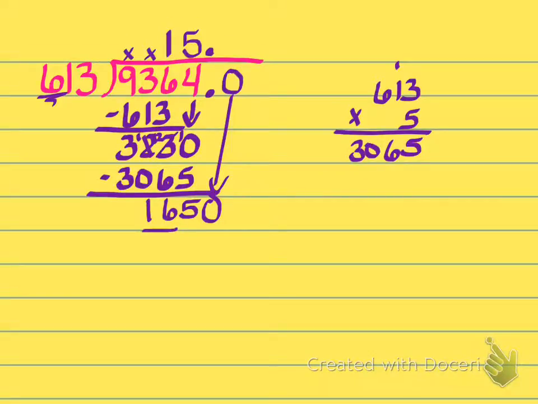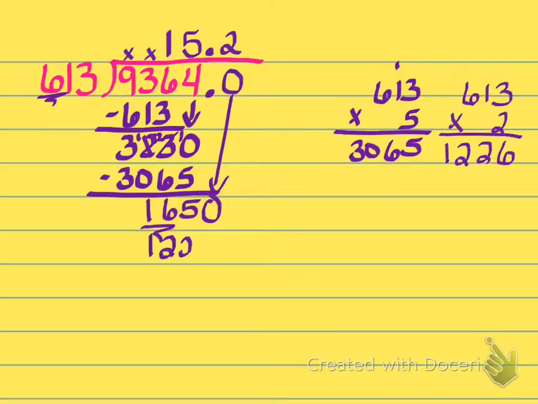Well, I know 6 times 2 gives me 12, so I'm probably going to start with 1,650, or I'm going to start with 613 times 2 and see what I get that way. So you'll notice here that I got 1226. I went ahead and wrote it in my problem. I'm going to subtract it. And I end up getting